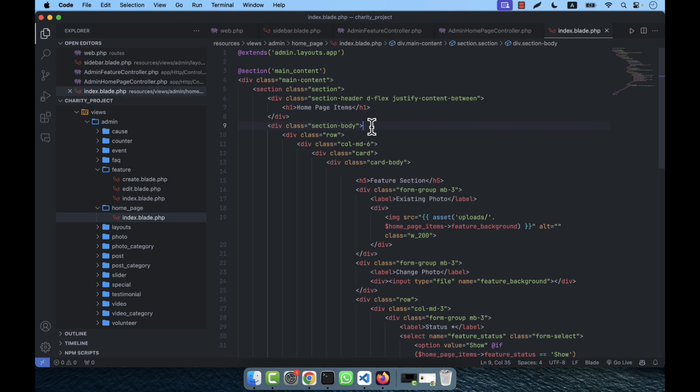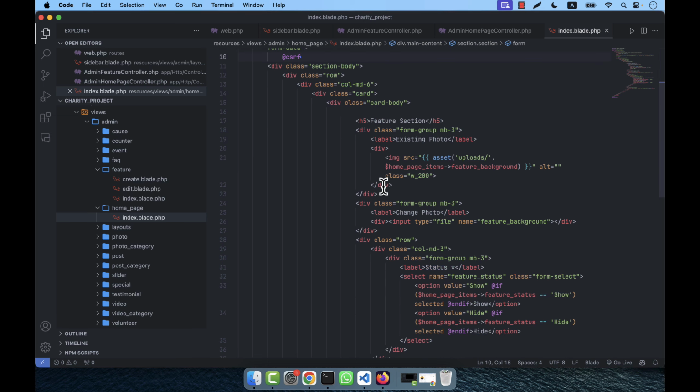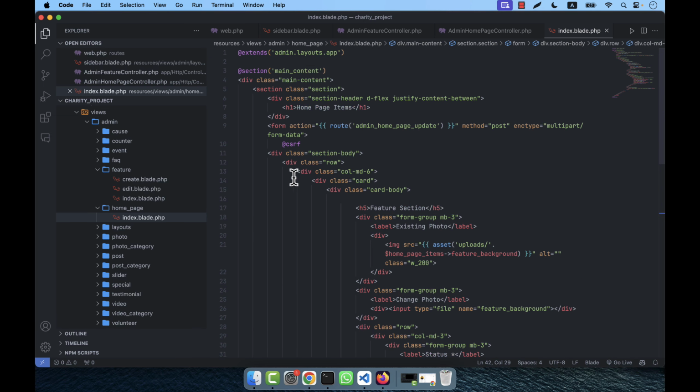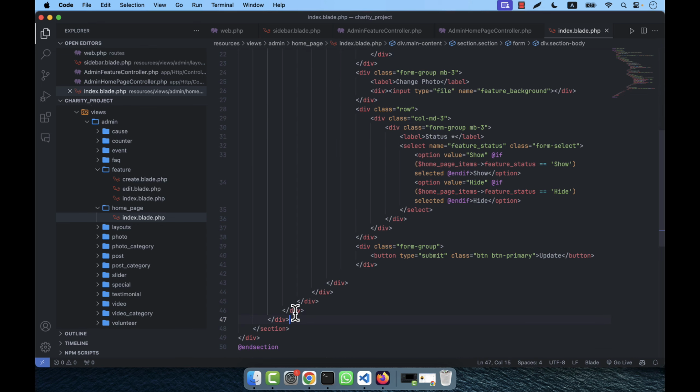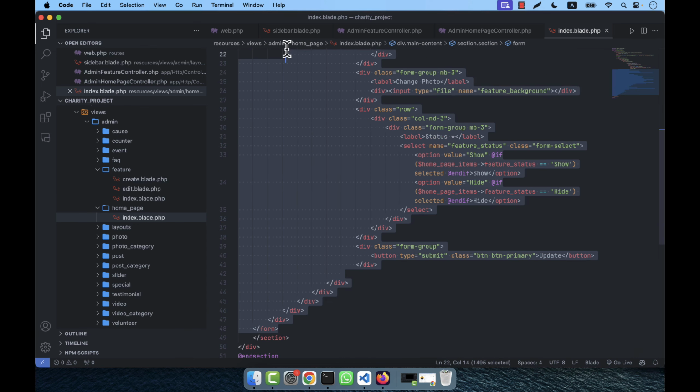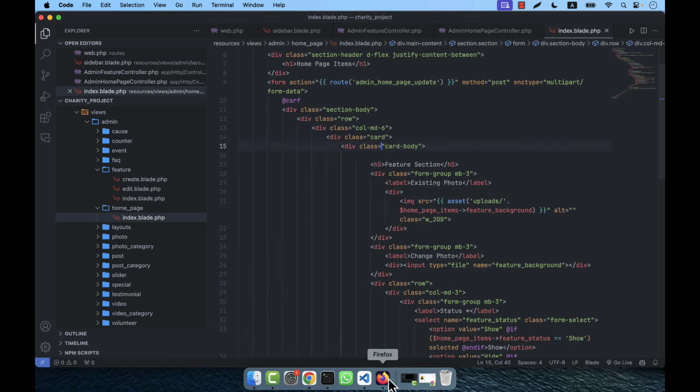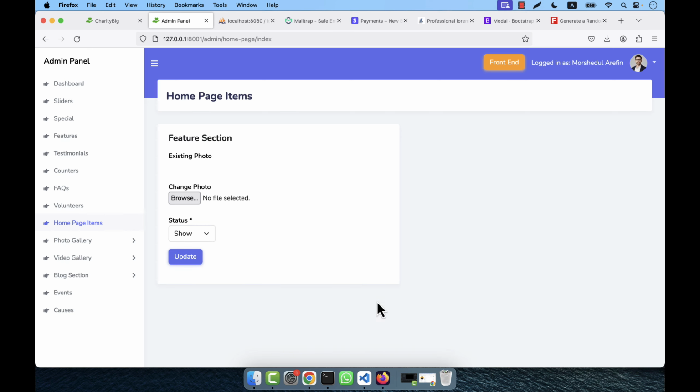For example, in the section body or outside the section, I can call it, and in this way this form I will again cut, and outside here I am going to call this, so section body. Now if I refresh, yes,